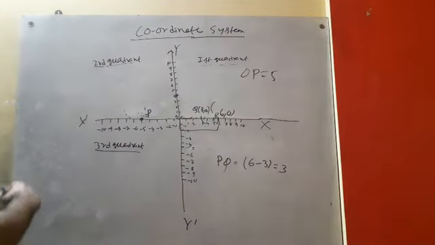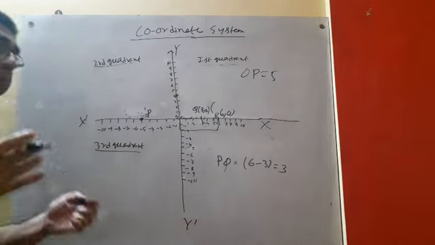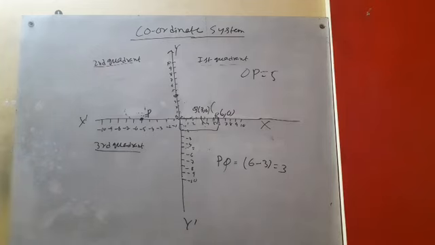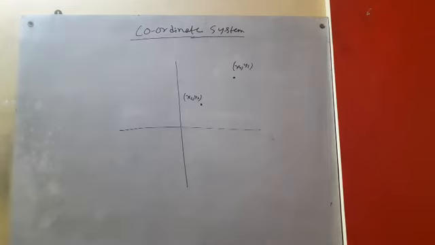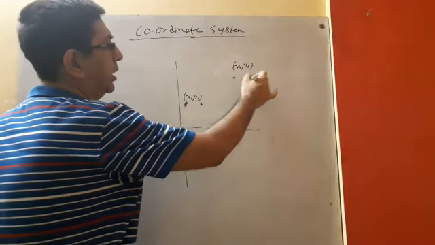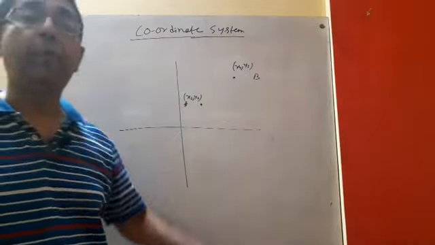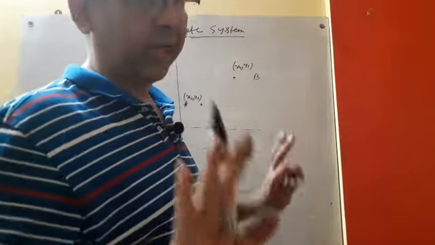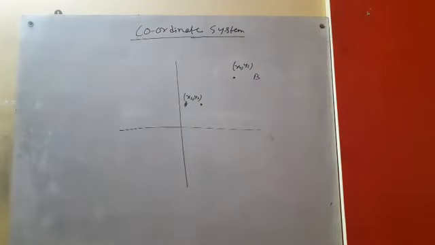In the previous case we did addition because they were in the opposite direction. In this way we can find the distance between 2 points if they are on the same axis. Not only that, if they are on the x-axis and y-axis, we can find the distance between them. But now we'll discuss, if the point is not on the x-axis or y-axis, how will I find the distance between them? Now we are finding the distance between 2 points. Suppose this is point A, this is point B. Look, this A and B point is not on the x-axis or y-axis. Then how will we find the distance between these 2 points?